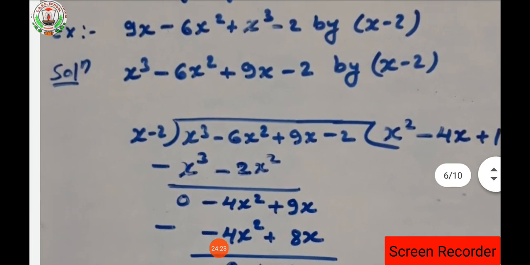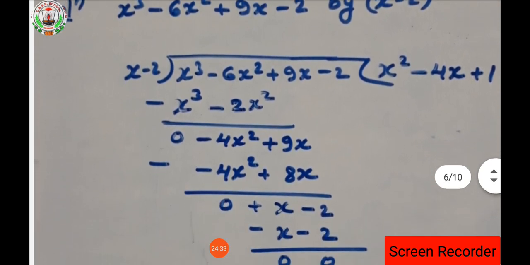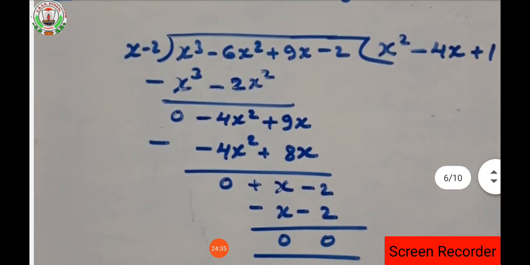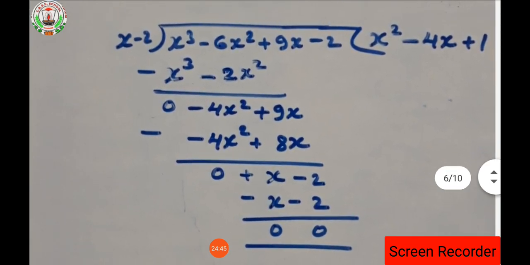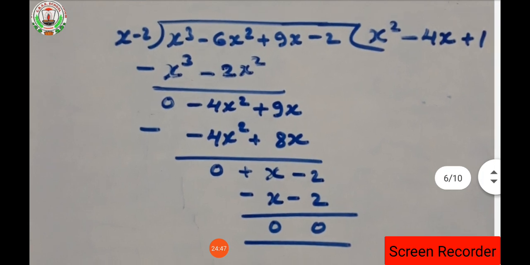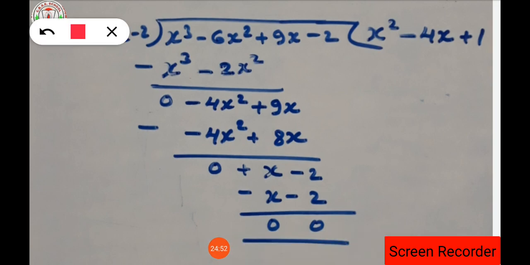It is very easy, how to divide the algebraic expression. Let's see. Whatever number we are dividing, we are going to write it in the form of a dividend and a divisor. So x minus 2 is the divisor, and x cube minus 3x square plus 9x minus 2 is the dividend. So what we have to see? We have to see the table of x minus 2.